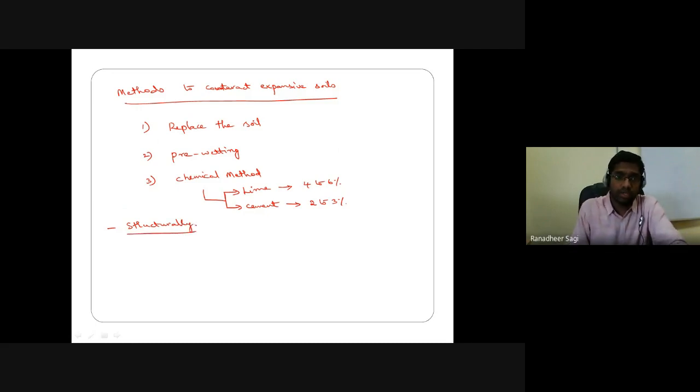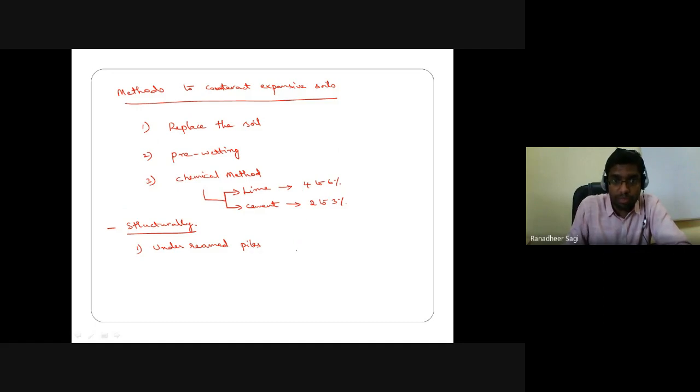There are some other ways by means of the structural aspect. We can try to counterbalance the effect of expansive nature which results in the failure of the structure by providing what are called under-reamed piles. By providing under-reamed piles, even if the soil is trying to swell, the under-reamed piles prevent the upward movement of your structure.